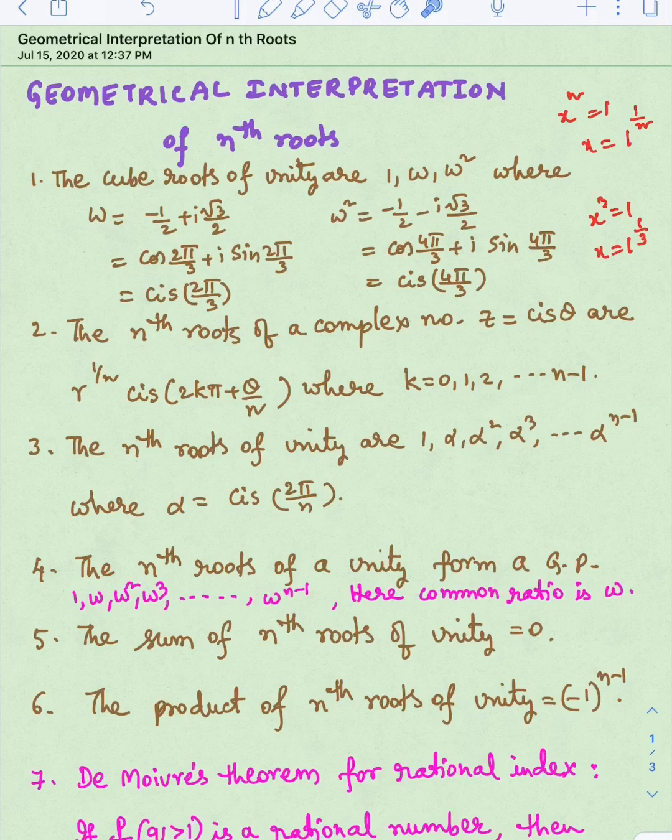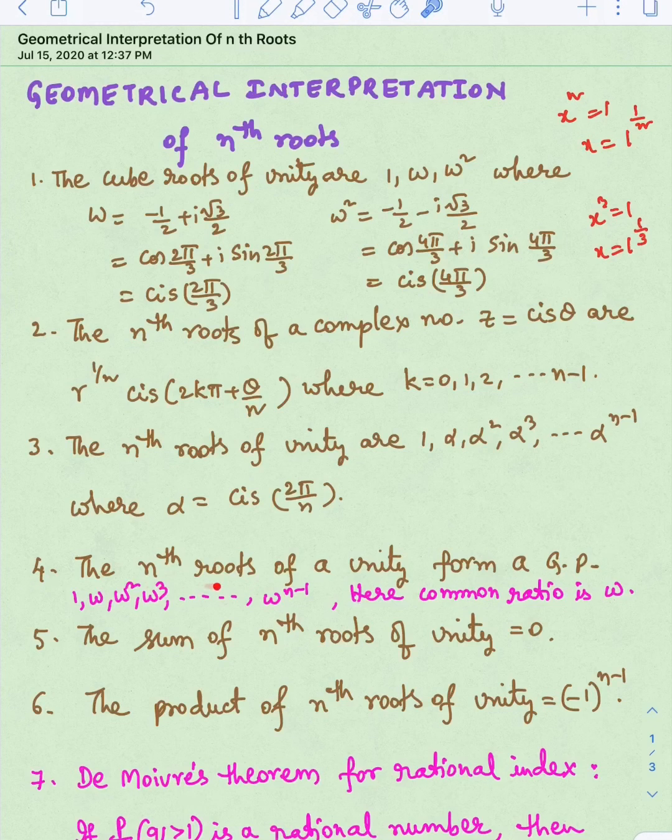We apply this point to the first one, that is cube root of unity. Suppose n is 3 here, then the values of the cube root are only 3. They are 1, omega, omega square. Since there are 3, we take up to 3 minus 1. Here we should take up to n minus 1. The first one is always 1, and the rest are in this form: cis 2 pi by 3 in the first point. Cube root, so by 3; nth root, so by n.